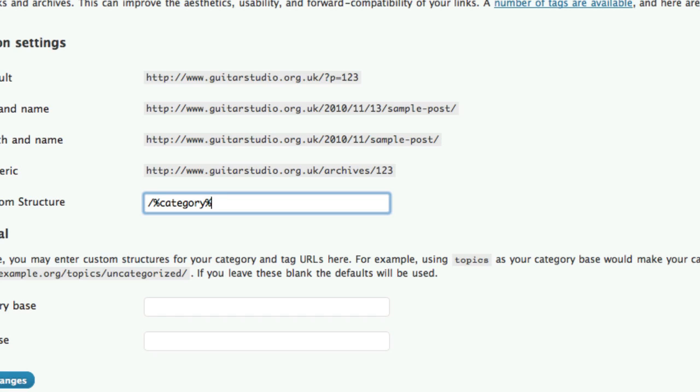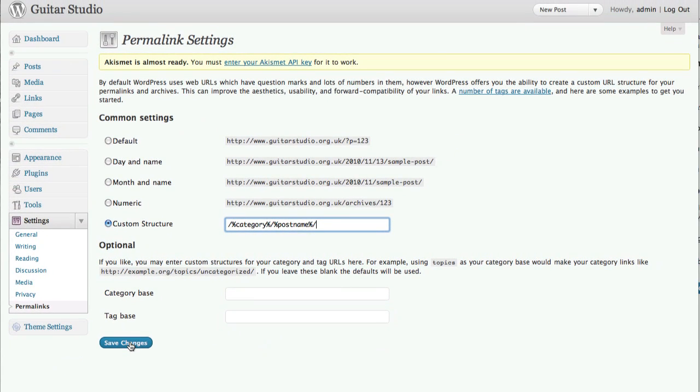And then we want another % sign, and we want another /, and then we want one more % sign, and then we want to type postname, another % sign, and finally a /. Now that will put the name of your post. For example, if we have a particular article called how to pluck fingerstyle guitar in your acoustic guitar category, then it will use those keywords in the post name and the category name, and people will find your post on that article. So it's very important that you have an article structure like this. And then just click save,